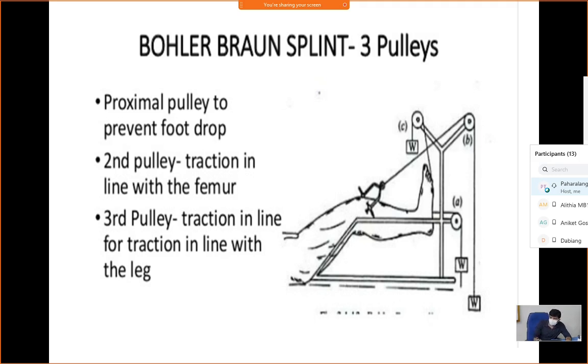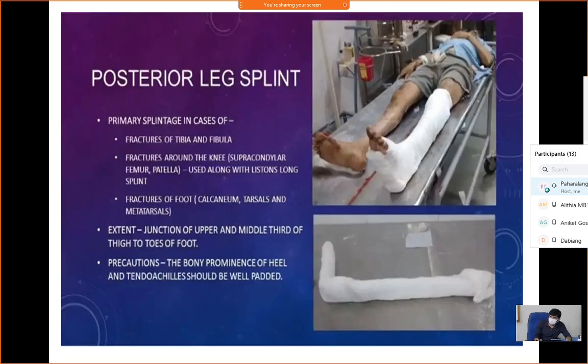They have applied upper tibial pin traction through pulley B. You can use it for shaft tibia fracture, either in the proximal tibia, or in the mid shaft, or in the distal tibia through the pulley A. So this is also almost universal. You can use it in both the bones, leg and thigh fracture in the lower limb.